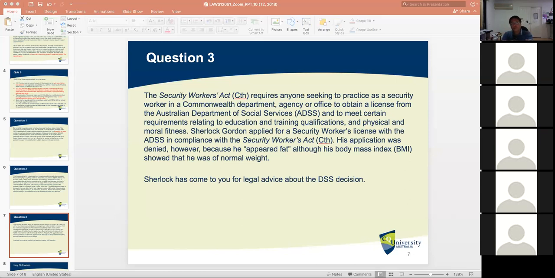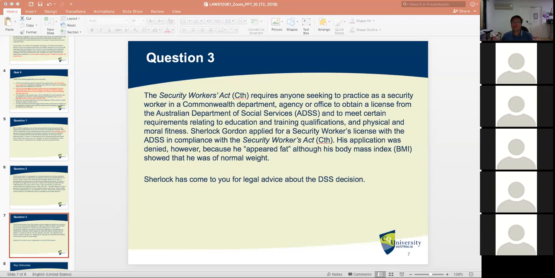So Karina was asking about prohibition. Again, we're using prohibition here as a shorthand, to restrain an officer acting judicially from doing something. But what we should be doing, because we're looking at the ADJR Act, is simply to look at Section 16. We know that in Section 16, the Federal Circuit Court or the Federal Court of Australia has the power to quash or set aside a decision. The problem, however, is that if you want the court to set aside the decision not to grant him a license,